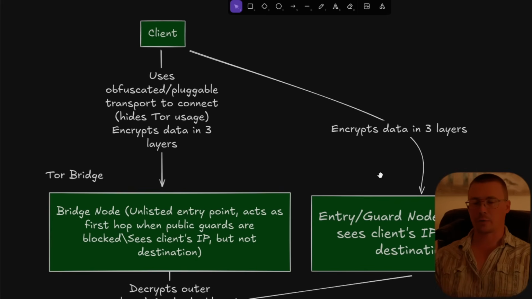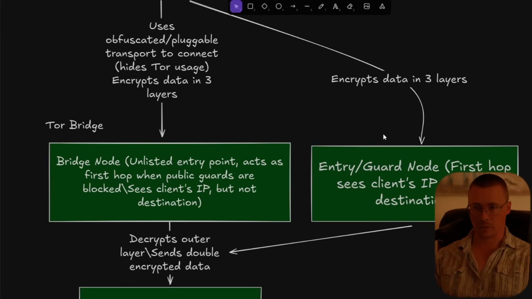Data gets encrypted in 3 layers, which is what I just was covering. This is your entry/guard node. You can refer to it as either one. This first hop will see your IP address, but it will not see the IP address of the website that